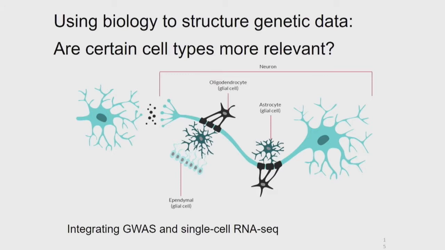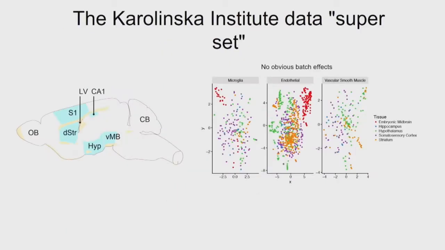But what if we take the information from the GWAS, the risk genes that we know increase the risk for schizophrenia, and we just ask which cell types use these genes? Because if you're not using the gene, chances are that you're not the cell type affected or behind the disorder. So to do this, we created the superset. This is a good example of how quickly slides can be outdated. This slide is called the superset because it was the largest single-cell data set at the time, but now it's a dwarf in comparison.